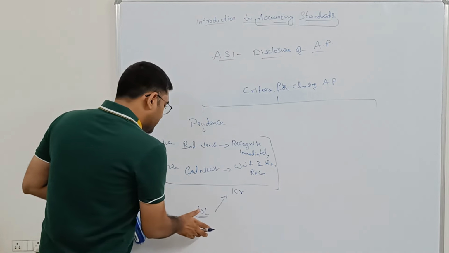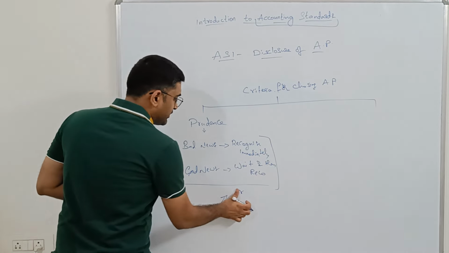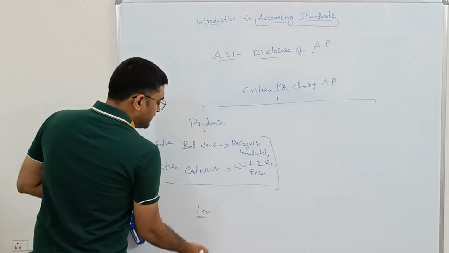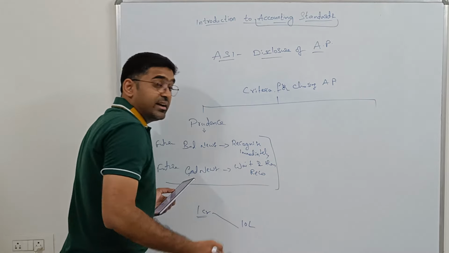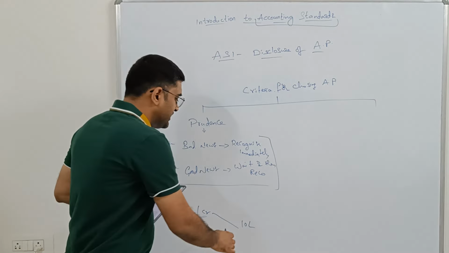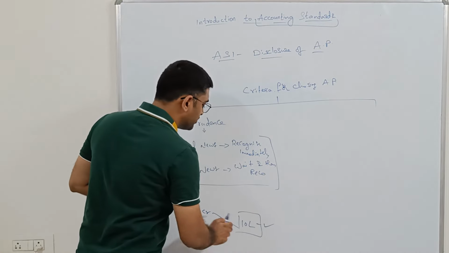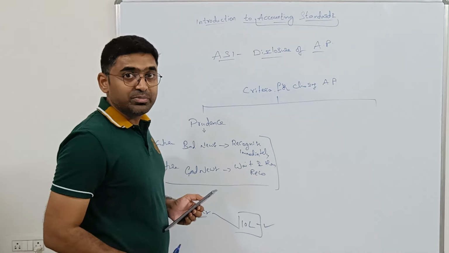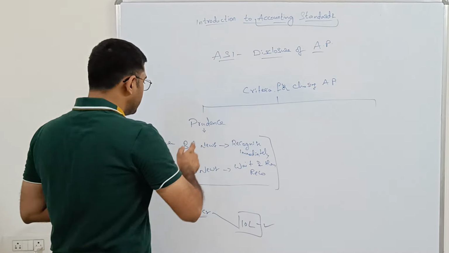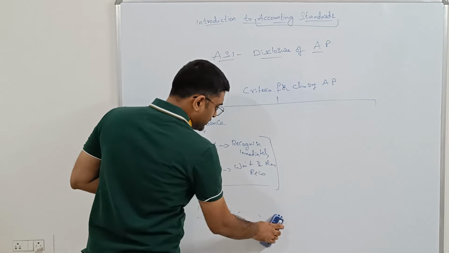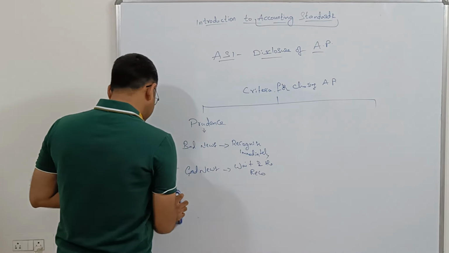Whereas I will do the alternate. The land value is 1 crore when I bought. For some reason, the value of land reduced to 10 lakhs. In this situation, even though I have not yet sold the land, I will still recognize the loss. From 1 crore to 10 lakhs, 90 lakh rupees, I am going to recognize loss. This is based on the concept of prudence. Okay? Next, the second thing is